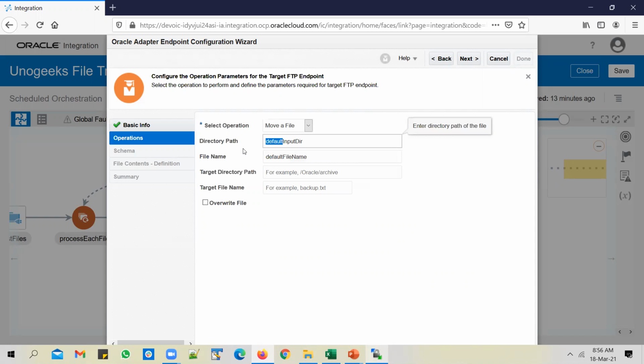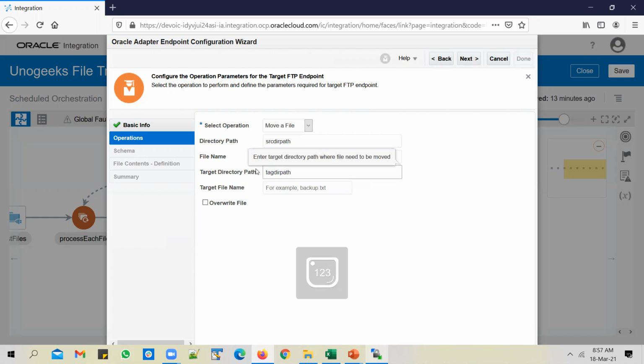You can call this the source directory path, which is more meaningful, and a source file name. And call this the target directory path.